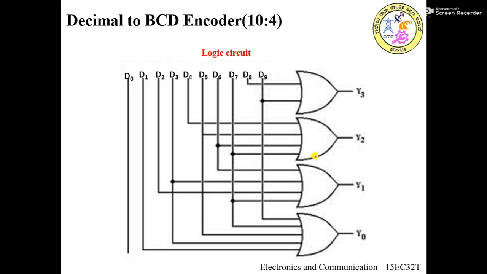So we have different variations of OR gate here. For Y3 we have a 2 input OR gate. For Y2 and Y1 we have a 4 input OR gate, and for implementing Y0 we have a 5 input OR gate. So this question, either decimal to BCD or BCD to decimal decoder or decimal to BCD encoder,